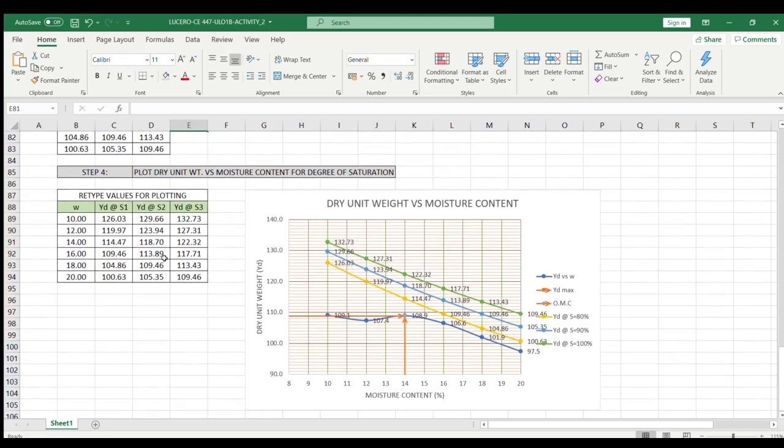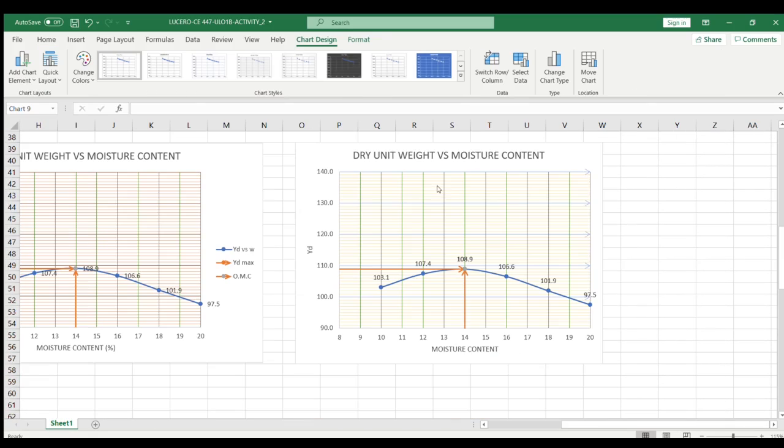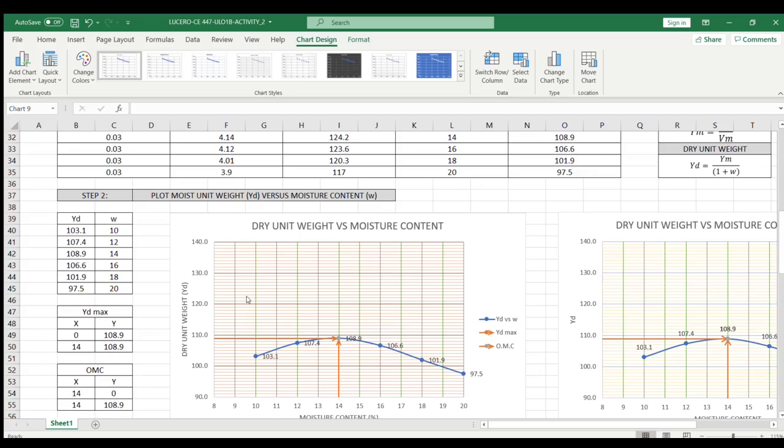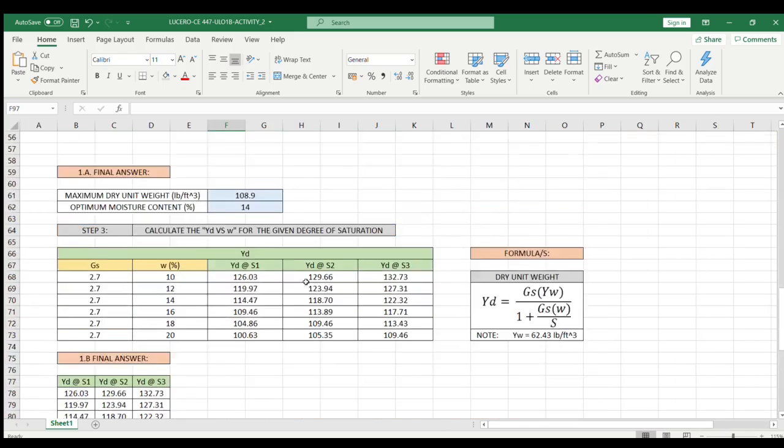So for plotting here, I prefer to retype all the values for the moisture content, the dry unit weight at S1, S2, and S3. So here, let's make another graph just like this. You can just copy the one that you made at 1A, and then just plot the curve above. So let's copy this one